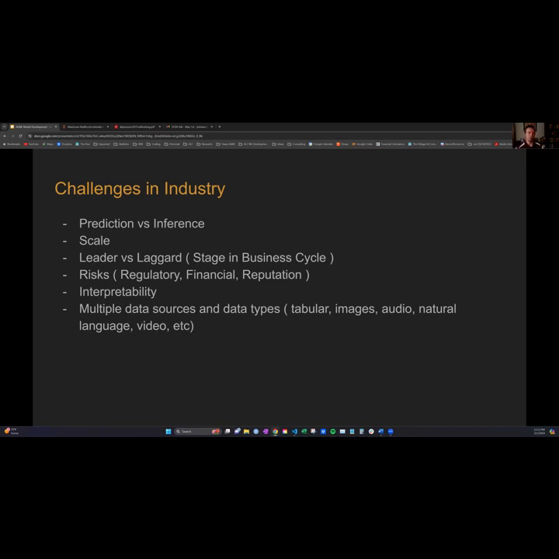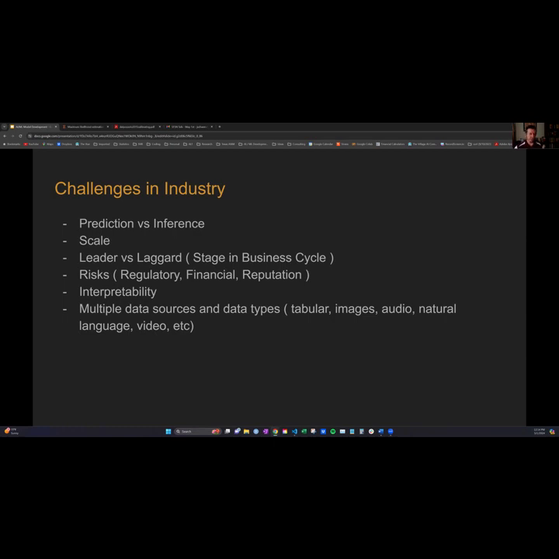Scale is another really big problem. Particularly at Wells Fargo and tech companies and everything else, there are tons and tons of data. So are we talking about millions of rows, billions of rows? We have credit card data, every transaction data point on every single customer. And we have 55 million plus customers, and each of those customers are making thousands and thousands of transactions. So we have trillions of rows of data. A lot of these traditional methods might not apply, and there are a lot of things you have to account for as you scale up that data.